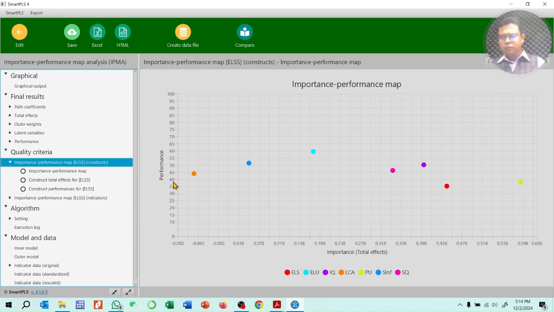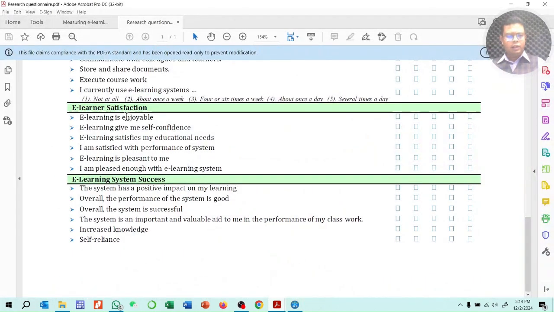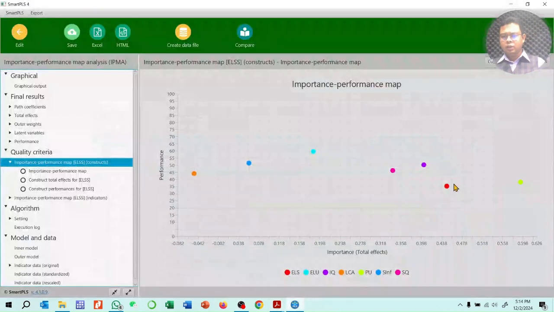On the other hand, please see this one, the ELS. I'm not sure which one. ELS means e-learning satisfaction. Okay, so its importance is also high, e-learning satisfaction is also high, right? But it has very low performance, around 35%, right? In that case, the organization should take the initiative to enhance the